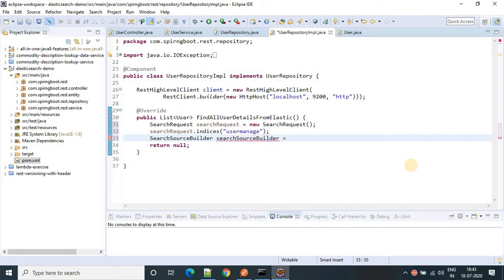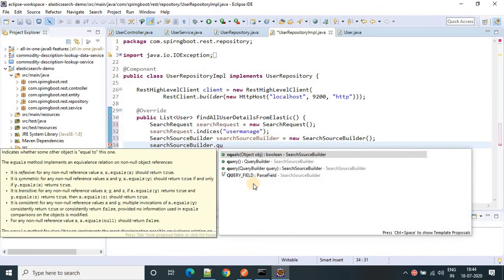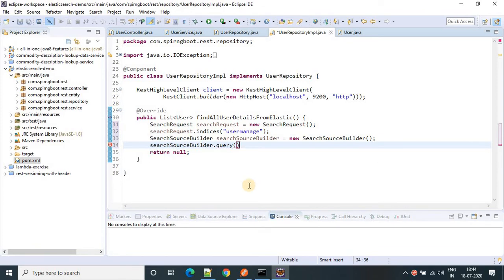Now take a new object of that, and here we have to write the query. We need to take a query builder, because I'm going to search all the users.